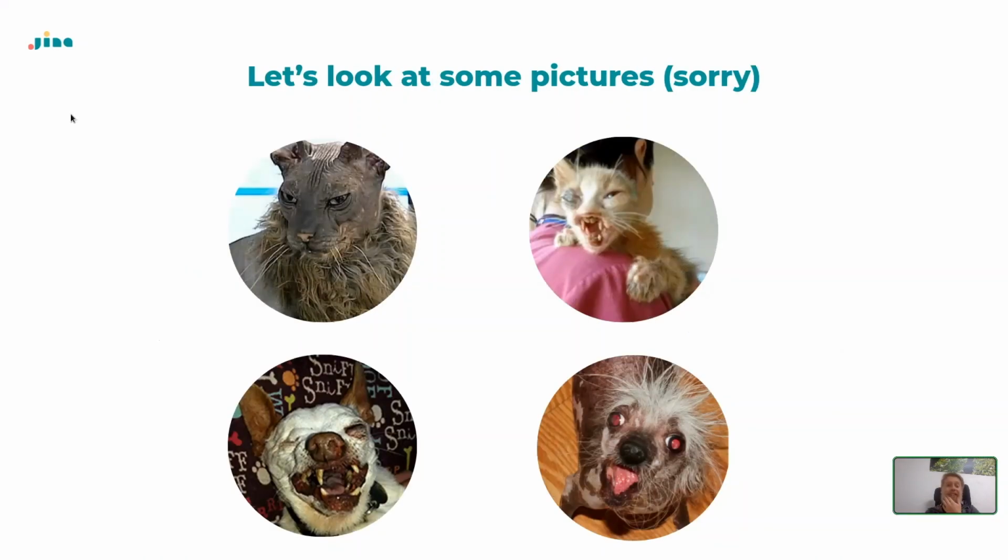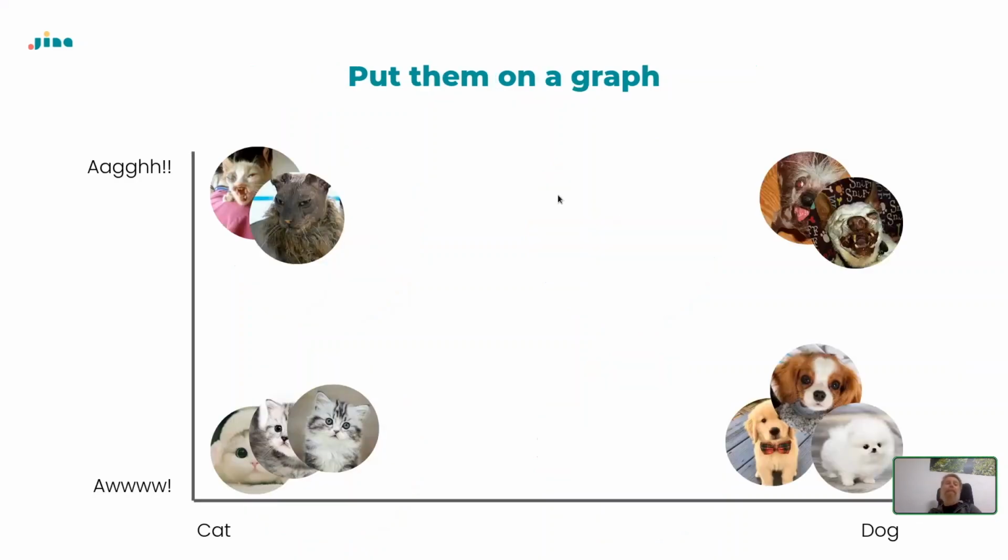And now, I'm really sorry about this, people, but I did warn you. We're going to look at some nasty pictures of other animals. They're definitely cats, or cat-like things, and that's definitely a dog. I have been told that this other thing with the bulgy red eyes is a dog. I have not been to hell, so I can't claim it looks more like a demon, but I have my doubts. Now if we put them on a graph,